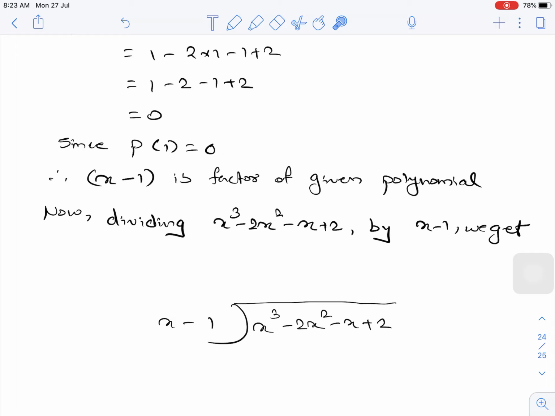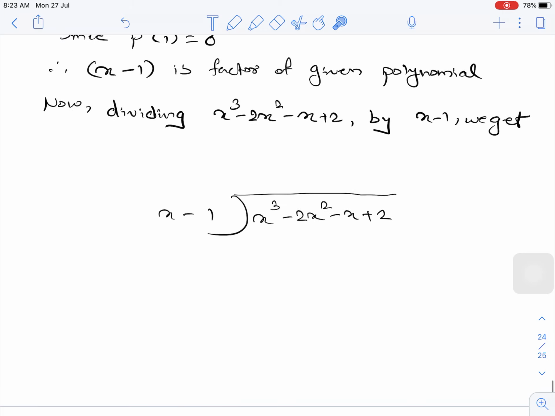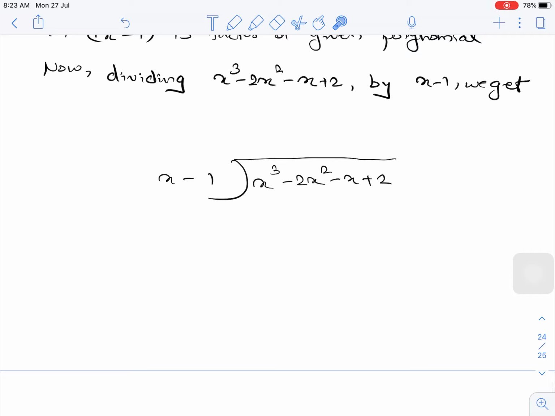So now we will divide this polynomial by x minus 1, that is one of the factors which we got. Now how to divide it? This division of polynomials we have already seen in class 8, so let us see it once again. The very first thing we have to do is balance this one. Here it is x raised to 3, here it is x. Only the first term we are going to make similar, the remaining numbers we will just go on writing over here. Now here we have x. How to make it x raised to 3? So we have to multiply it by x raised to 2.